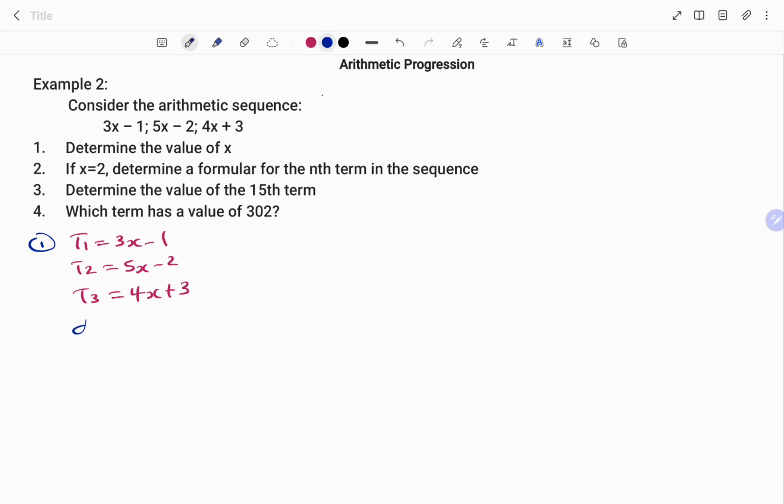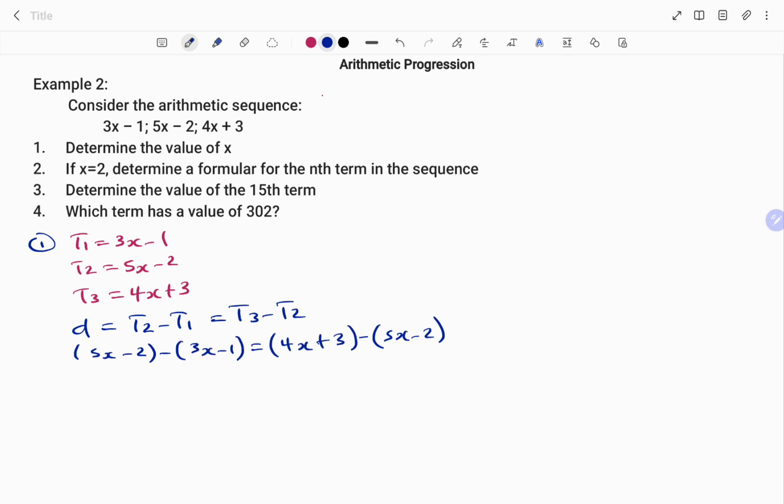To find our d, which is a common difference, we are going to have t2 minus t1 must be equal to t3 minus t2. Substituting back the expression, we have 5x minus 2 minus, in bracket, 3x minus 1 must be equal to 4x plus 3 minus, in bracket, 5x minus 2. Note the use of bracket because it's an expression and we must take note of the signs. Expand the bracket, we're going to have